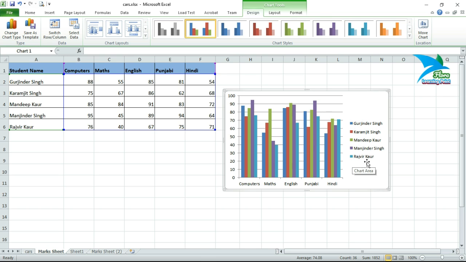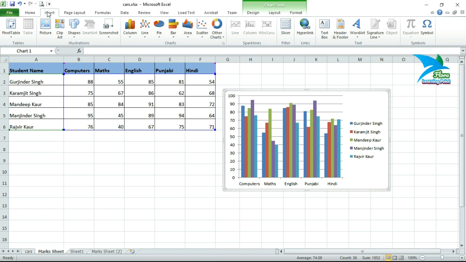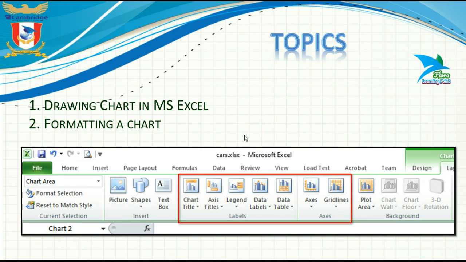For example, here we have Rajveer Kaur, and this sky blue color belongs to her. And here we have Karamjit Singh, and this brown color belongs to him. So in this way we can select the data, then click on Insert, then Column, and the chart will be here.